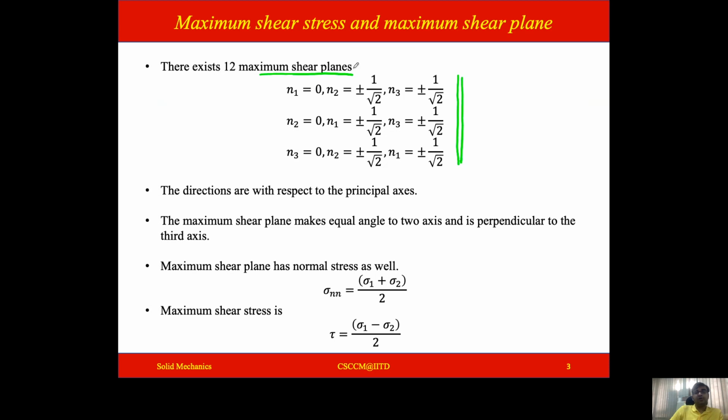Now we also want to find out what is the shear component on those planes. That is also what we want to find out. So let us see if we can find that out. Let us take one arbitrary value: N1 is equal to 0, N2 is equal to plus minus 1 by root 2, and N3 is equal to plus minus 1 by root 2. Now what was tau n square? It was the magnitude of the traction vector